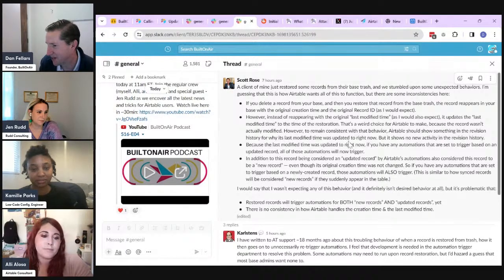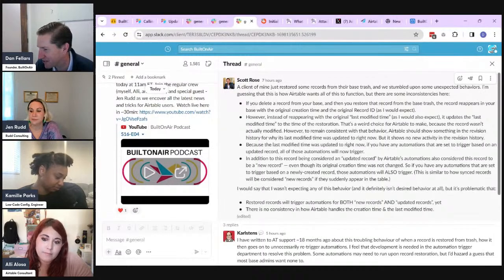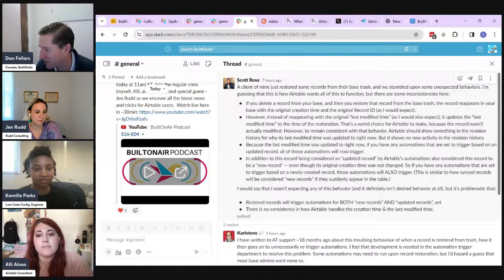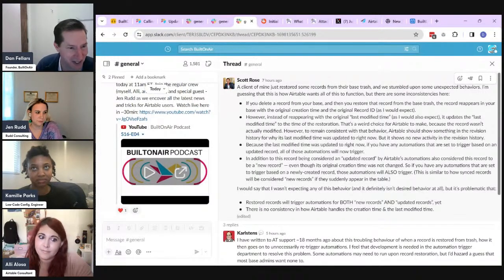Awesome. There's another one Scott brought up in restoring records from the trash. Some unexpected behaviors. If you delete a record, then to restore that record, the record reappears in your base with the original created time and record ID. However, instead of reappearing with the original last modified time, it updates the last modified time to the time of the restoration. And so that can potentially cause, because that's going to re-trigger things if you are using, again,